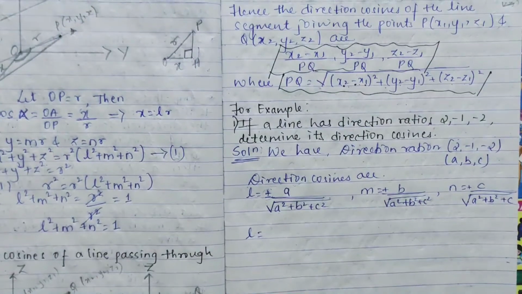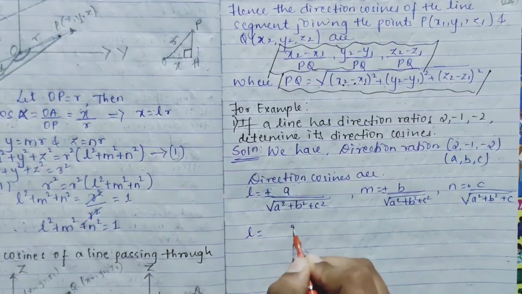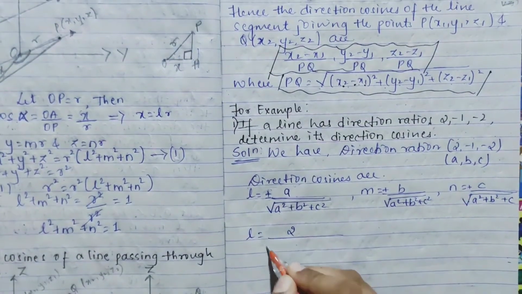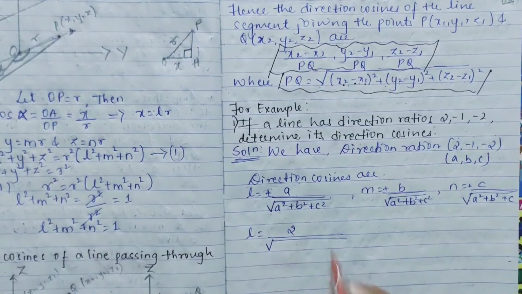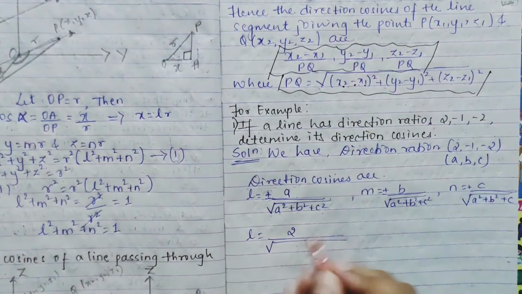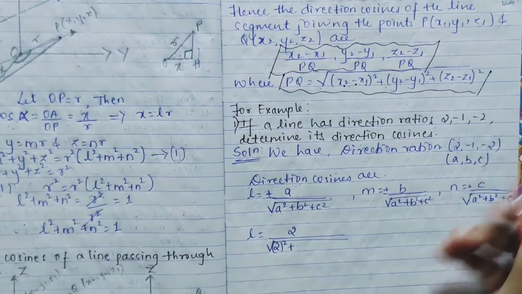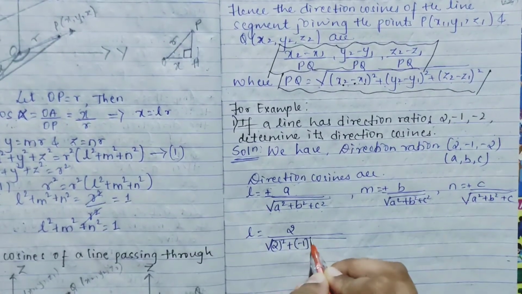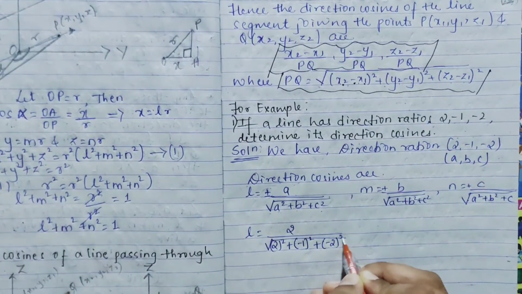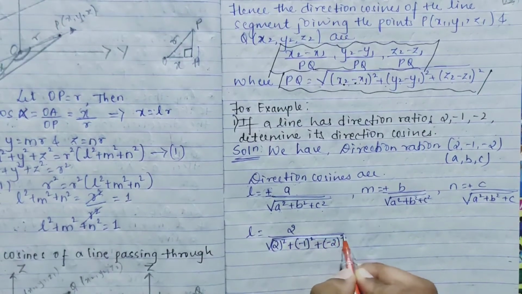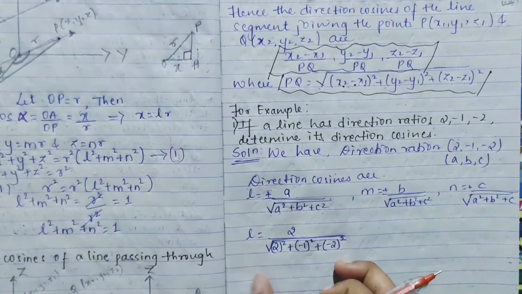So write it down. What will be your A? A is your 2. So I'm writing here A2 whole divided by, I'm getting denominator is square root of a square plus b square plus c square. What is your A? It's 2, so it becomes 2 square plus, what is your B? B is your minus 1, so you'll get your minus 1 square plus your C is minus 2, so minus 2 square. Okay, be proper with the square root. Okay, so you have got this L.